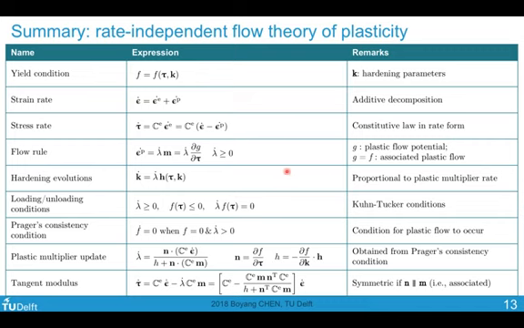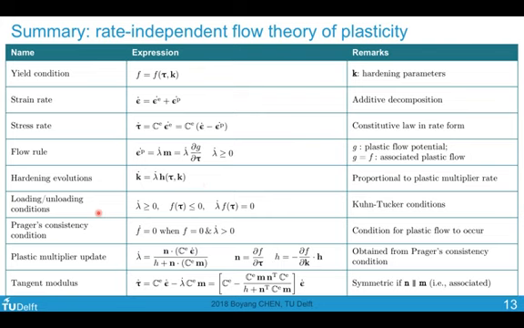We have the flow rule, which expresses the plastic strain rate in terms of a scalar multiplier times our direction m. M in general is obtained from the plastic flow potential G, but for our purpose in aerospace, for the case of metals, G equals F, and we have associated plastic flow. For the hardening parameters K, they evolve together with our plastic multiplier lambda. And this relationship H needs to be established experimentally or based on assumptions.